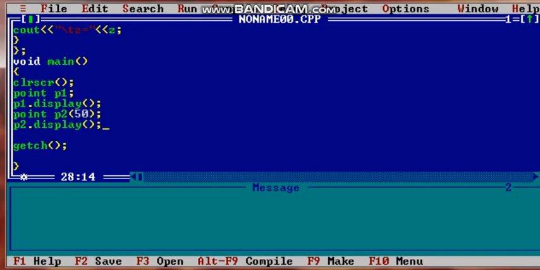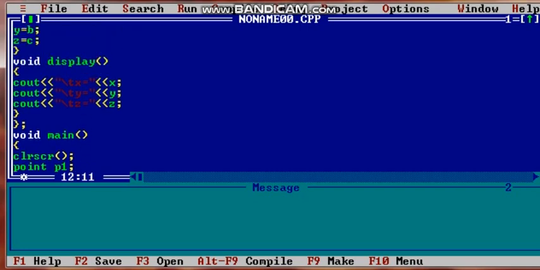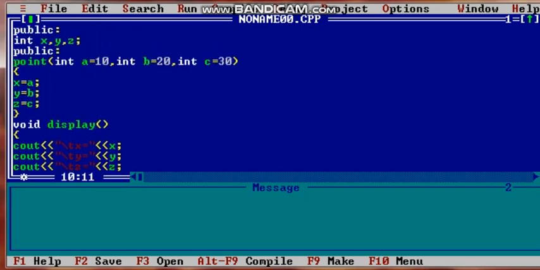What will happen? You are passing one value through the object, it goes to the constructor, and this constructor receives the value 50 which you are passing through the object. It will give it to a, and there is no value for b and c. So it receives one value through the object and assigns it to a. It will not take the default value because you are passing a value.